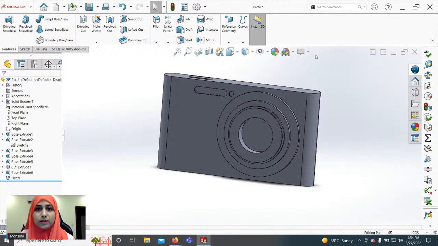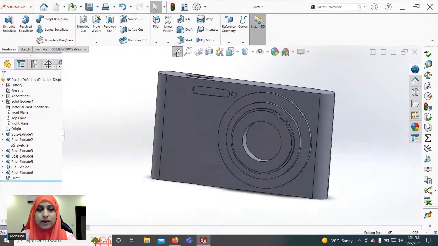This toolbar here on the canvas is called the heads up view toolbar. Let's discuss what these tools do. The first one is zoom to fit. This will fit the entire model on the canvas so that it can be seen properly. Let's click on it and you can see that it has been zoomed in.